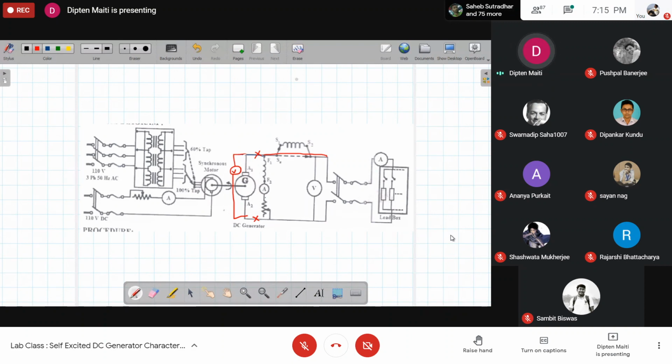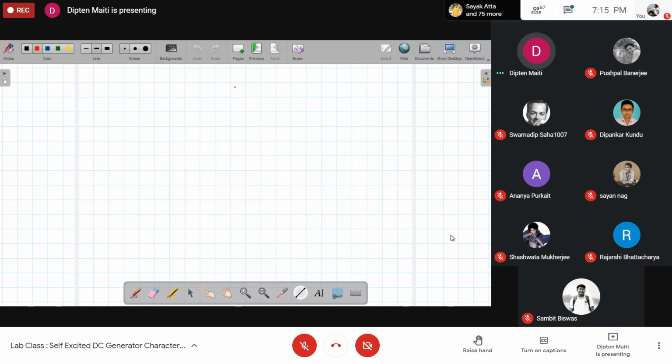Now in this run, we have to plot the field current versus the armature voltage, for both increasing and decreasing nature. If we increase the field current, of course, we have already performed the run of the shunt generator mode.